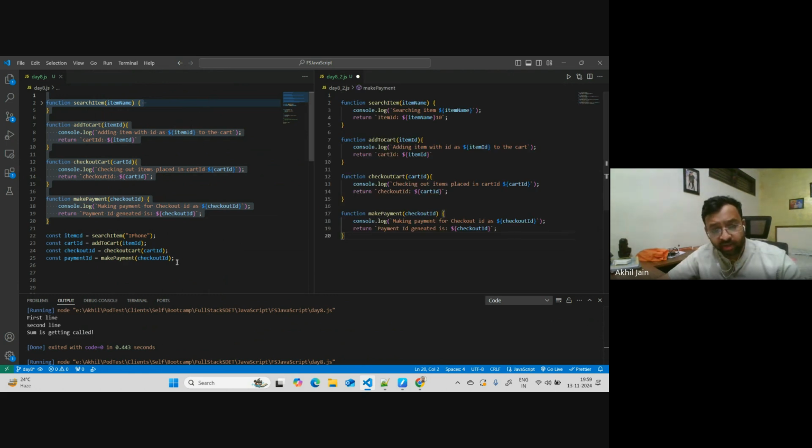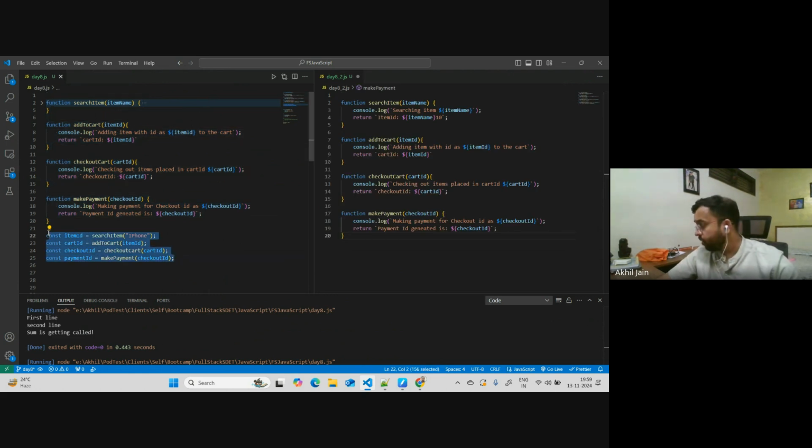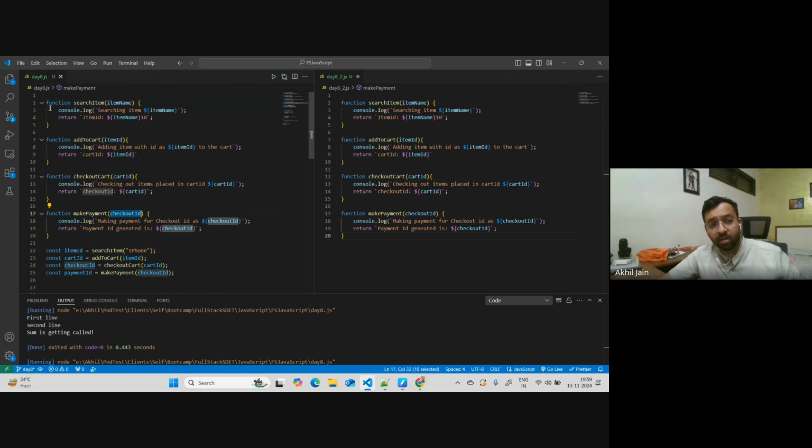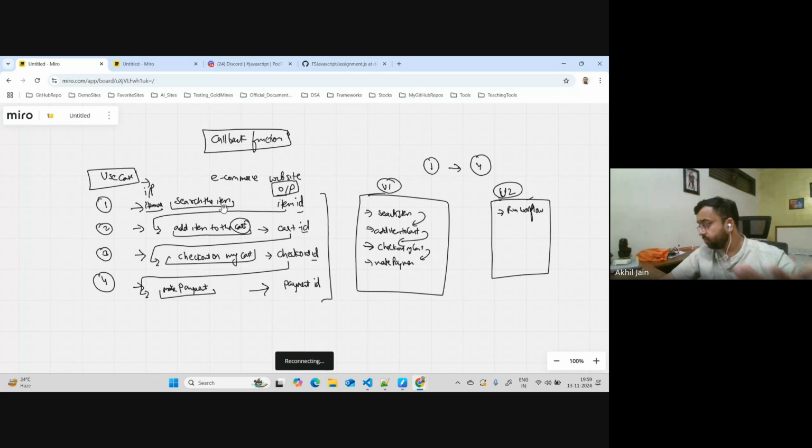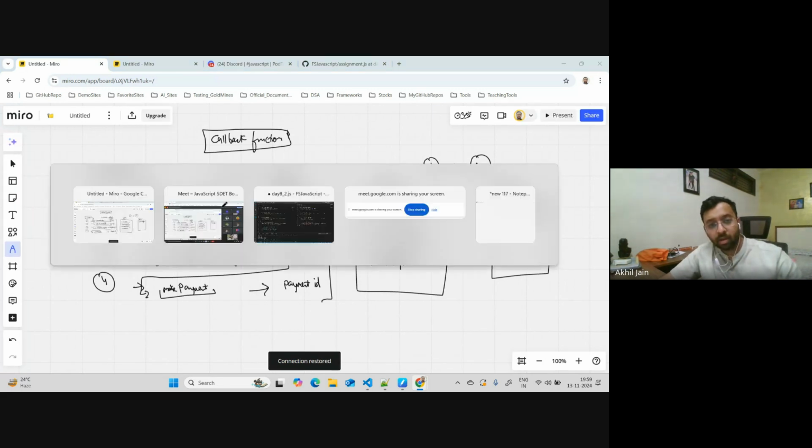Now you have seen how a user will do it one by one, if they wanted to do it in sequence. There is no callback thing here. You can understand this is just a normal input which I'm providing. I'm not calling a function inside this, right? Now let's say I want to do this using the callback approach. How does my workflow start? My workflow starts by saying: call the search item. This is my workflow. So what I'll do here is,